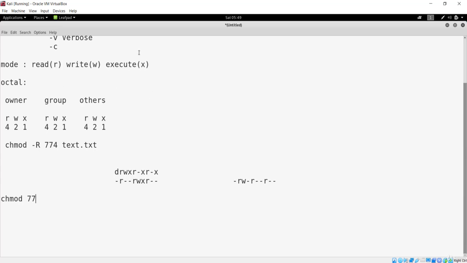So next one, if you just pass again 7, that is for the other users, who do not belong to the owner and the file group, and they can also read that file, write that file and execute that file. After that, you can simply pass here test.txt or any file name or any directory name. So this is the way. If you want to change the permission for this test.txt, all you need to do is use this command.